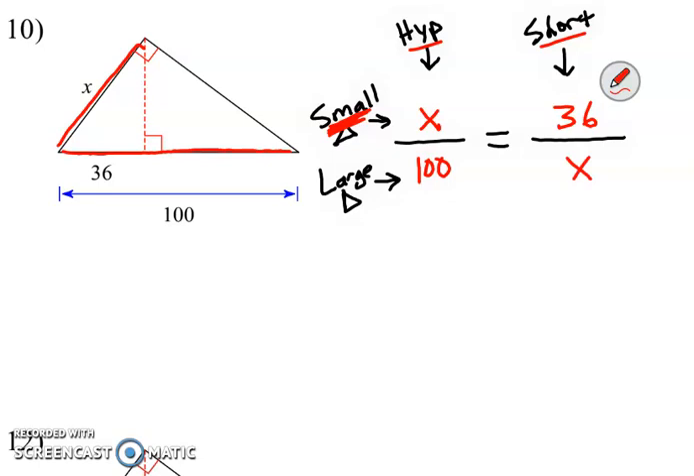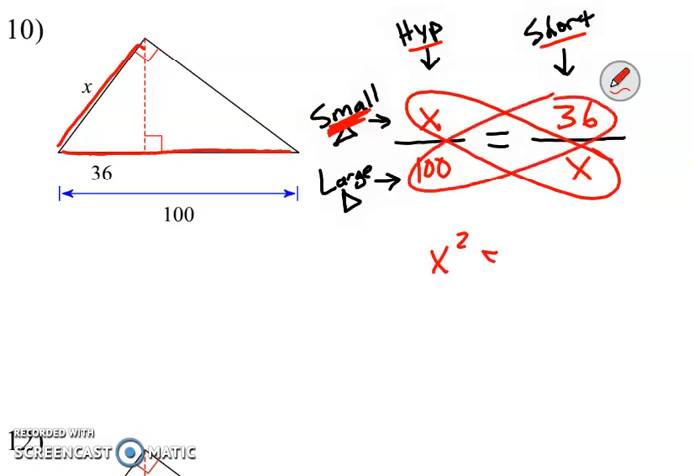Okay, so I've got my proportions set up. I'm comparing the ratio of two triangles that I know are similar, and so now I can just cross multiply in order to solve for x. So that becomes x squared, and then I've got 36 times 100, which is 3,600, and I'm going to take the square root from this side so that x is all by itself,